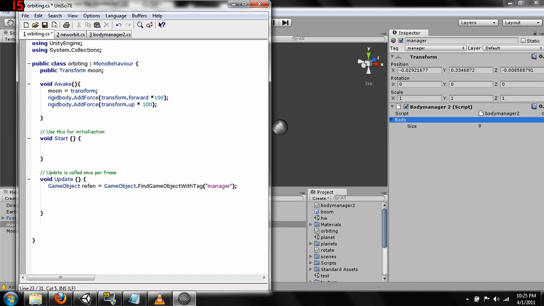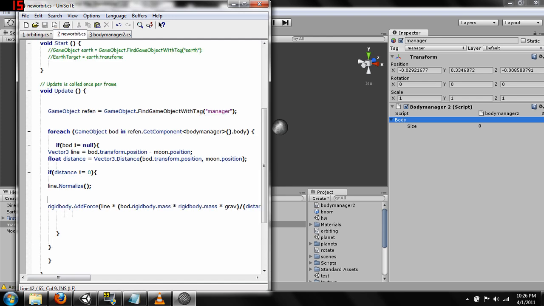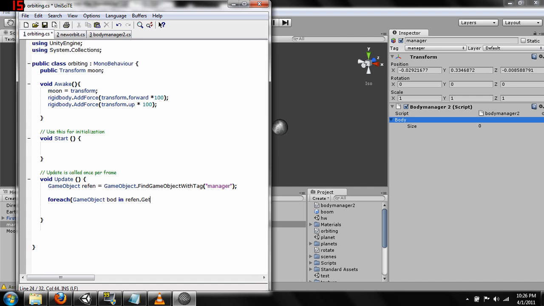And next on our list, we are going to create a for each loop. For each game object, and we're just going to call them bod, in our reference object, and we're going to do get component. I'm actually just going to copy this from where I've got it written down earlier. Okay, so